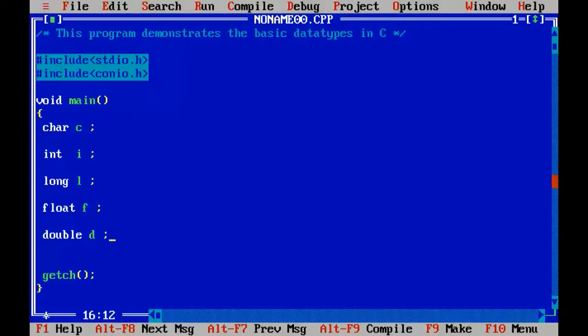So how do we find out the memory size for any particular computer? C provides a special operator called the sizeof operator, which performs like a function, and it returns the memory size of a specified variable. I'll declare an integer variable called size of type int, because the sizeof operator returns the number of bytes that a specified variable can hold.